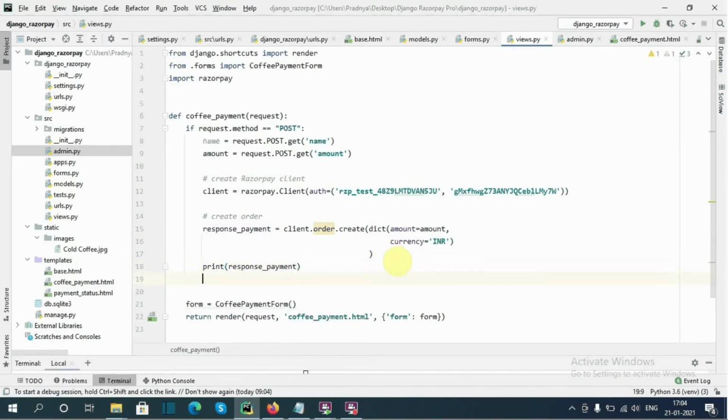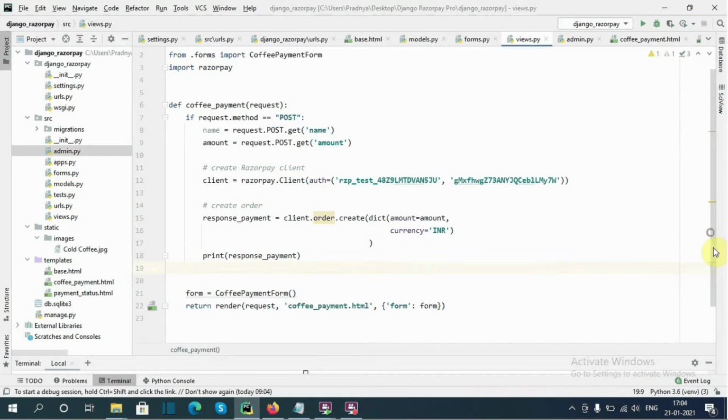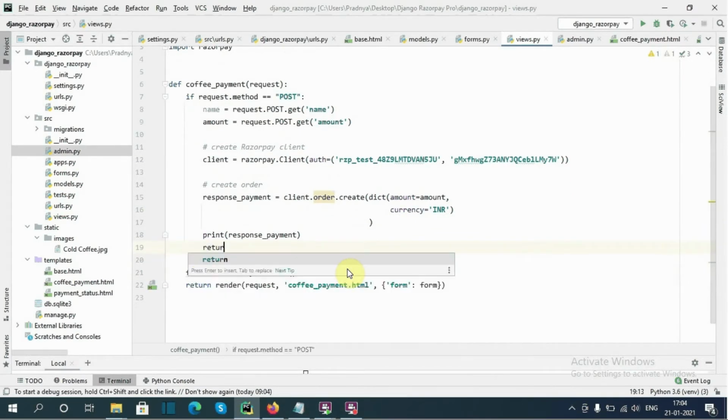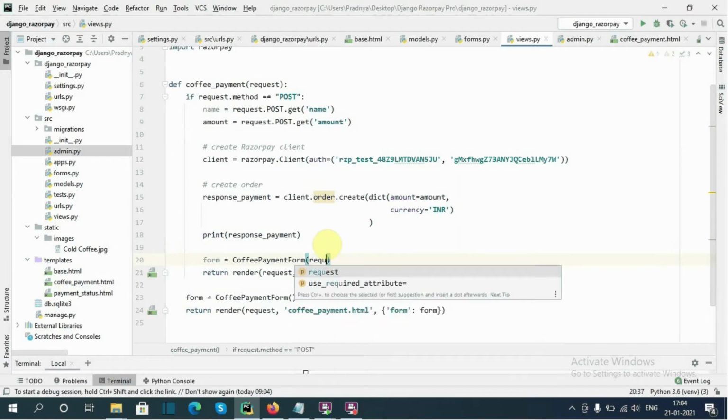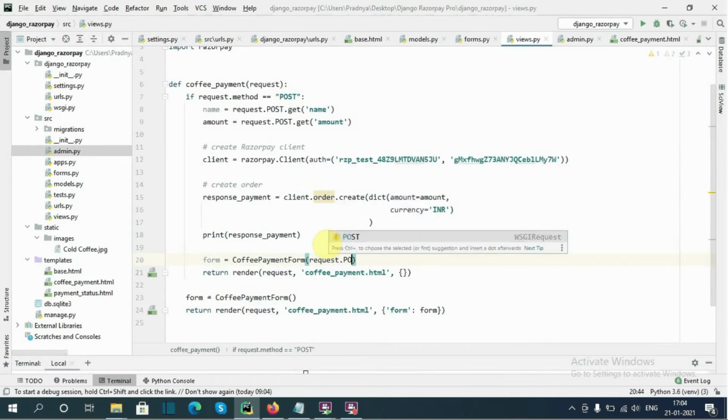Okay, then return render(request, payment.html, and here we need to pass the form. So I will create form equals the payment form, request.POST or None.